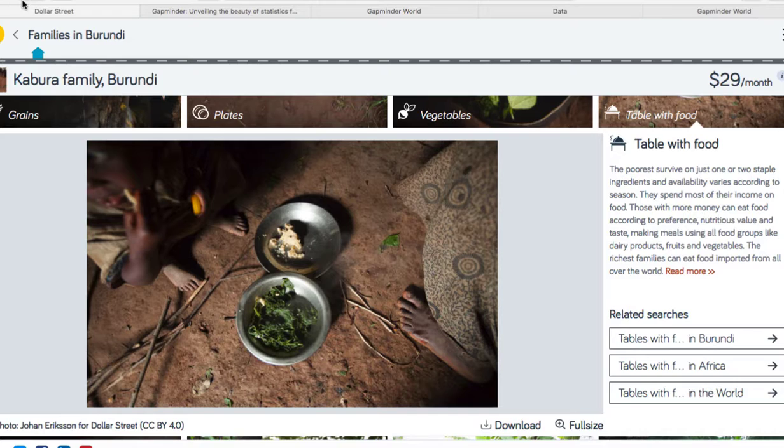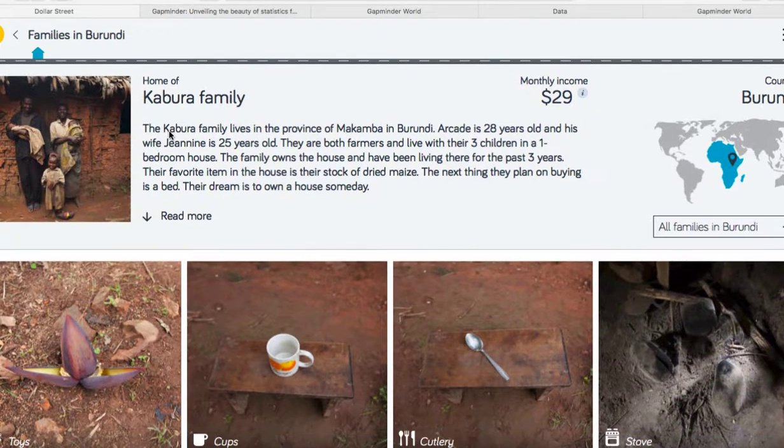So your finished product that you hand in to me will be a PDF with your countries by income, what are the topics you're doing, your links to your visualizations that you've gotten from Gapminder, and the pictures associated with those families. That's what you're going to hand in along with your reflection about what you learned over this whole exercise.